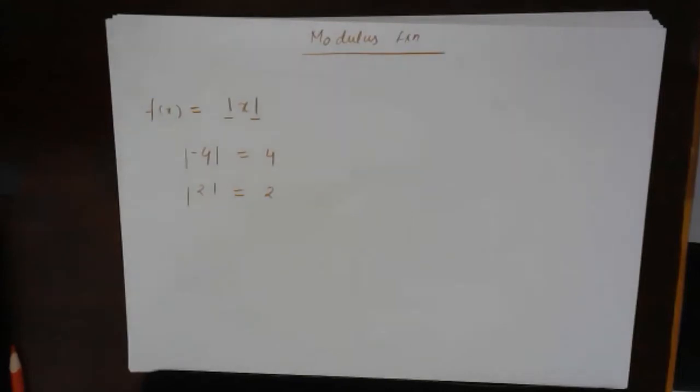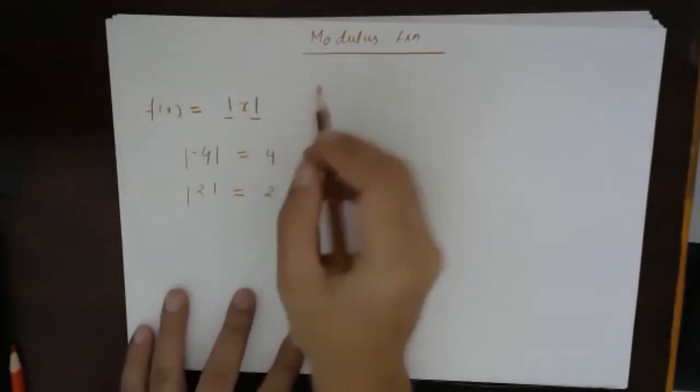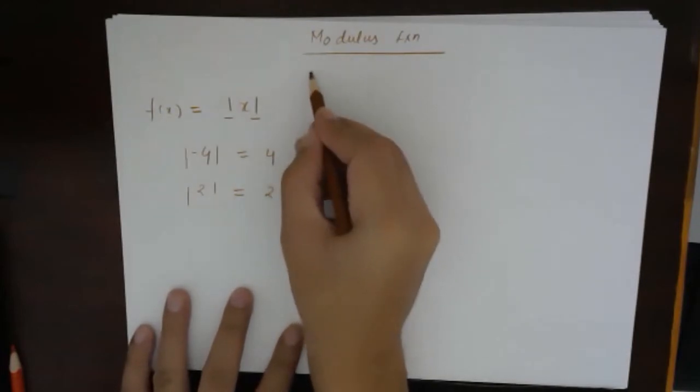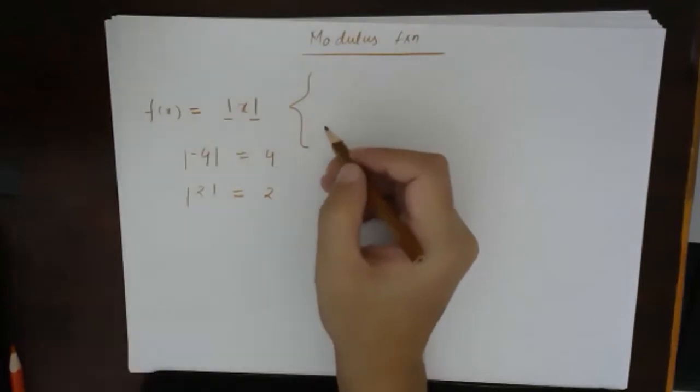what we will do is try to remove that modulus, because when we are equating functions, we always try to remove the operator. This is one of the many operators which we learn. So when we are talking about a modulus function and solving the question, we will try to remove this modulus. And how do we remove modulus?